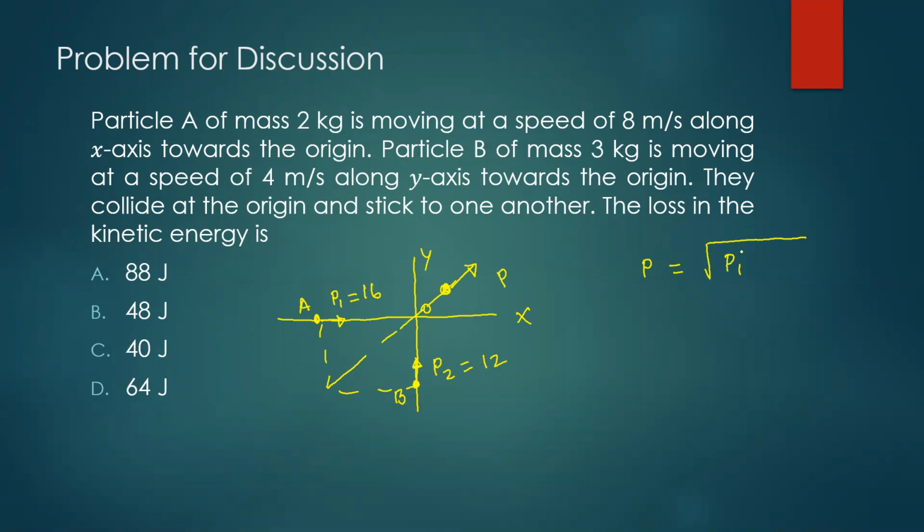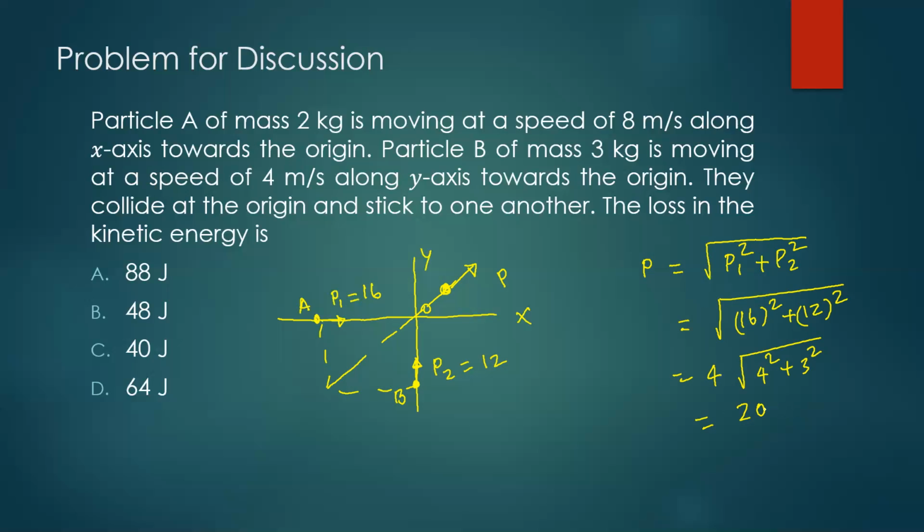So that is square root of p1 square plus p2 square. You have to take the vector sum. I think if you look at these numbers, they're nice. So I have 16 whole square plus 12 whole square. I can pull, let's say, 4 square out. So 4, and then after that, I have 4 square plus 3 square. So that is a 5. So the linear momentum is 20 units.